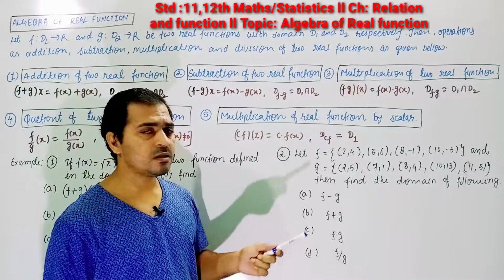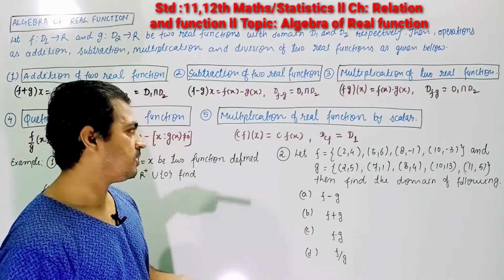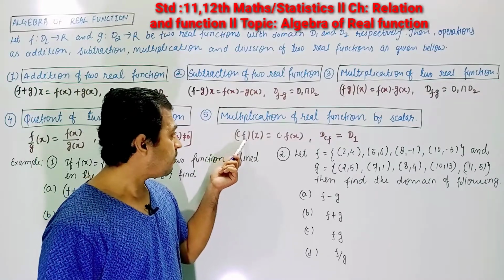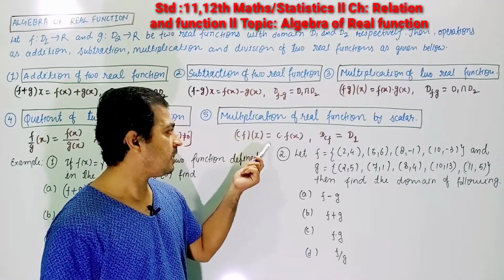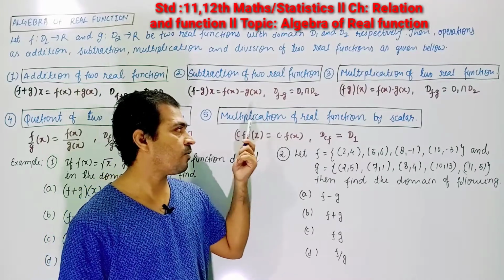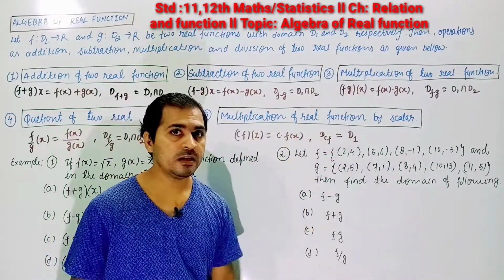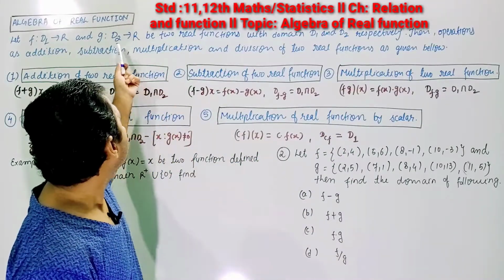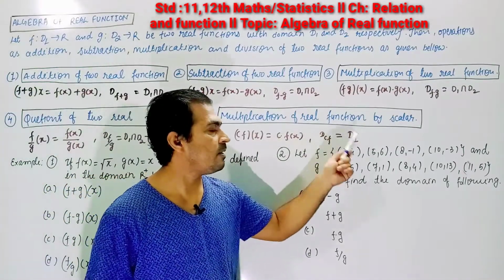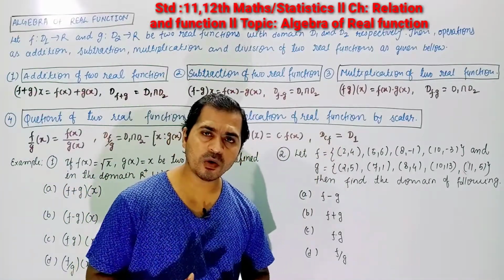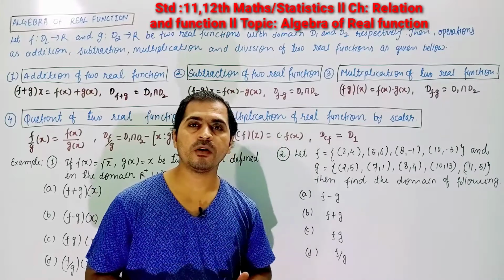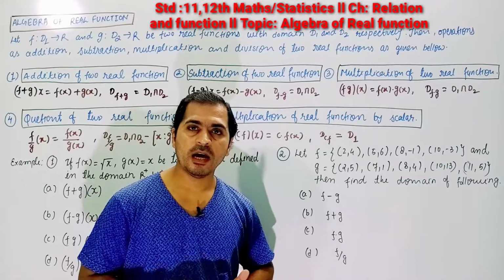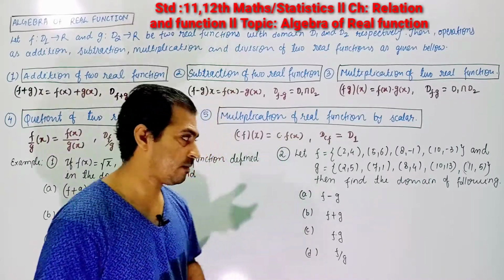If this function is multiplied by any scalar, so c is any scalar term, the function can be expressed as c into f of x, and its domain will always be d1, because students, here we are not using the other function which is defined over g. That's why its domain will be d1, right? Earlier I told you, what is domain? The first component of the element, right student? What is domain? The element of first component is domain.